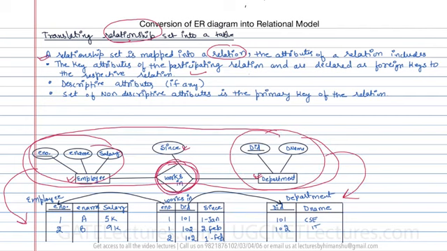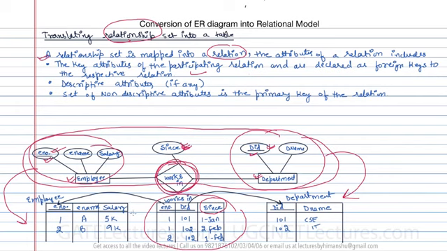But here you can see works in is a relationship, and this relationship is having an attribute. For a relationship you have to create a separate table, and this table will contain a foreign key from both the entities which are participating in the relationship. For example, we have employee as an entity, and the key of this employee is employee number, and we have department as an entity, and the key of the department is department ID. So we are going to include them as foreign keys here, and we are going to add this attribute here. So in this way you can easily convert this complete relationship into a relation, right?